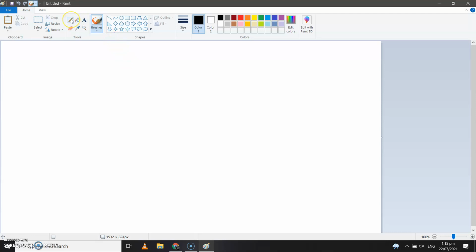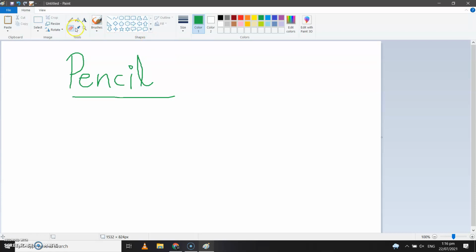First we will learn how to use a pencil tool. Okay, so let's select, you have to click on this pencil icon and then you can select any color of your choice. If I want red color in pencil, if I want green color, I can select any color. You can also change the size of the pencil from here. So let's see. See, I can write anything from here. You just have to click on mouse and drag the mouse and make any drawing of your choice over here. Okay. So this is how a pencil tool works.